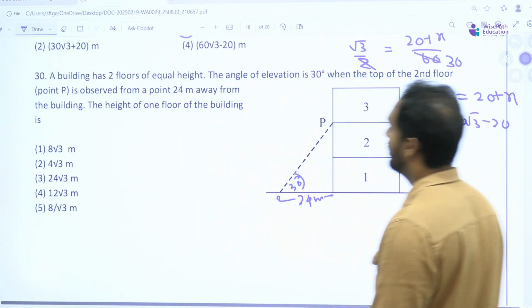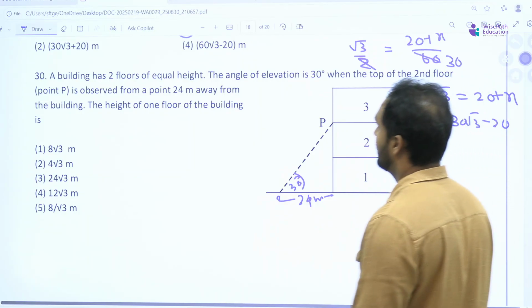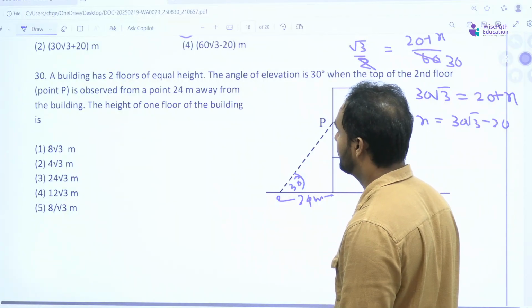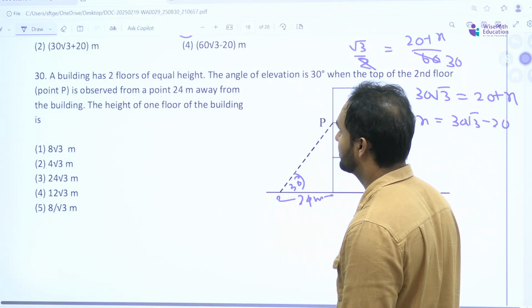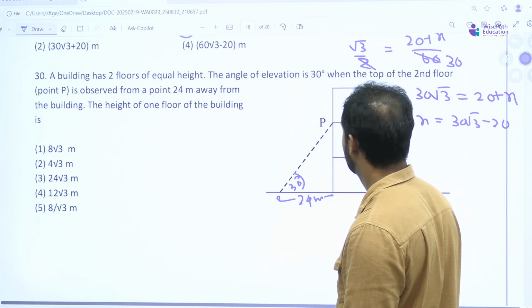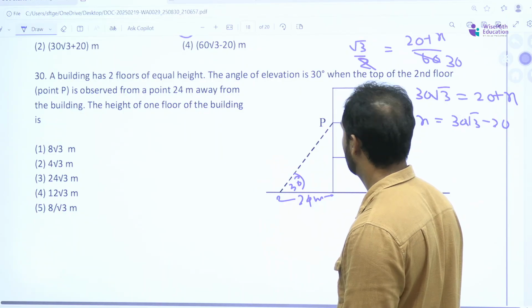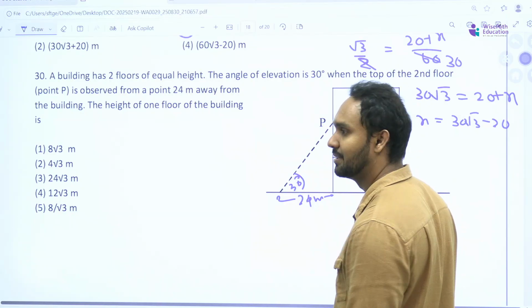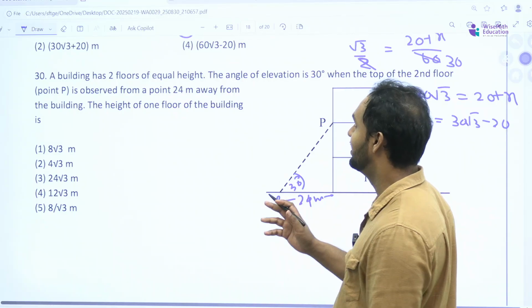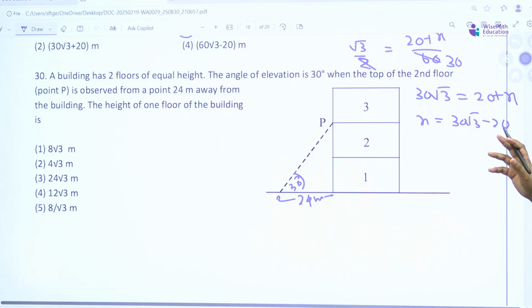The height of the floor of the building. They are asking for the height of the building, isn't it? Which floor is it? The building has 2 floors of equal height. The angle of elevation is 30 degrees when the top of the second floor, point P, that is top of